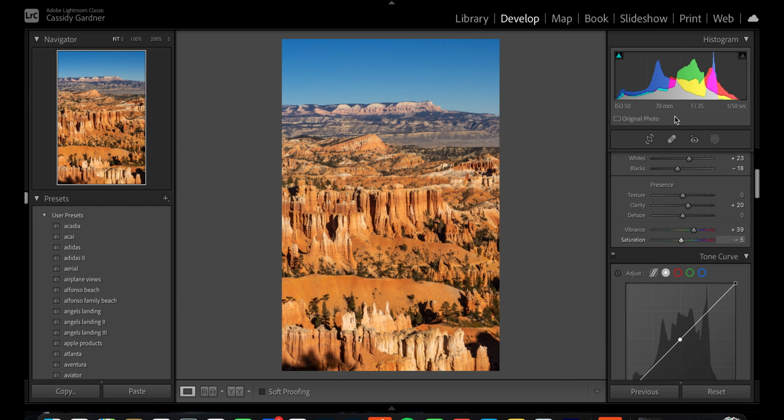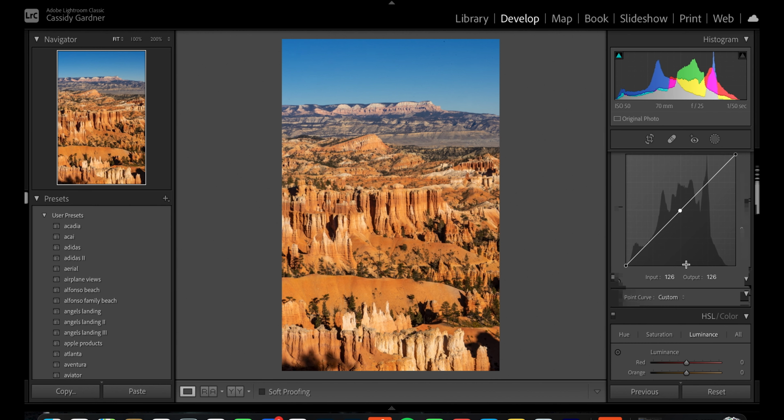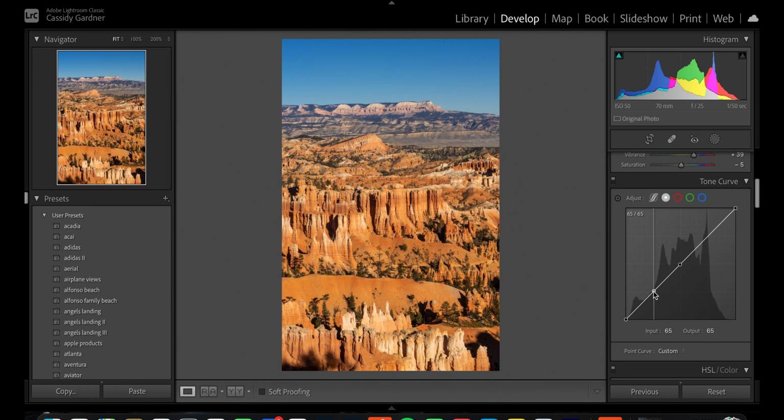So once I get a base layer of my edit in this section, I go down to the tone curves. And I just kind of play around with